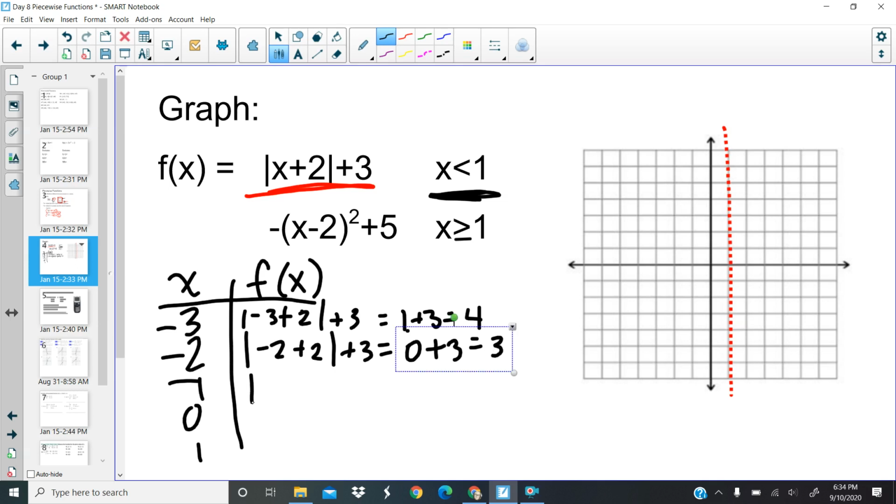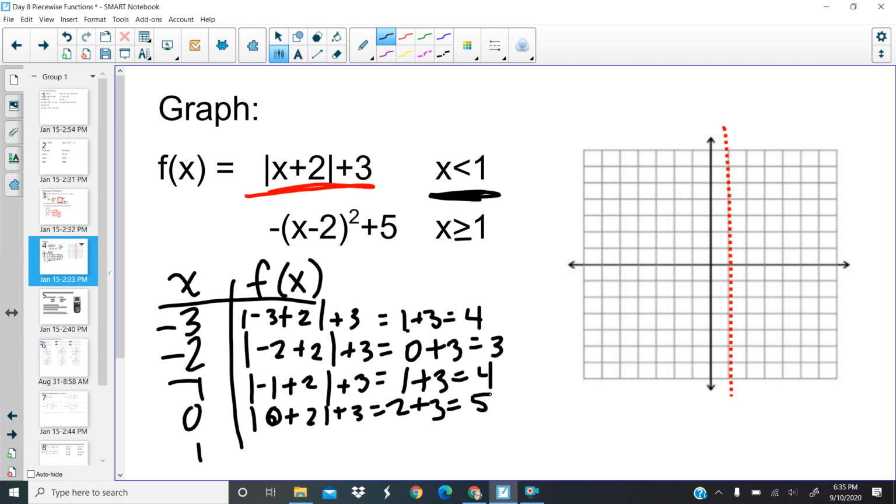So then negative 1, we would have the absolute value of negative 1 plus 2 plus 3. Negative 2 plus 1 is just going to equal positive 1, and then the absolute value of positive 1 is still going to be 1, and then 1 plus 3 is going to again be 4. And so then I have 0, so absolute value of 0 plus 2 plus 3 equals 0 plus 2 is going to be 2, absolute value of 2 is 2, plus 3 is going to be 5,